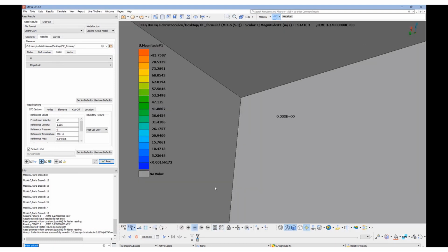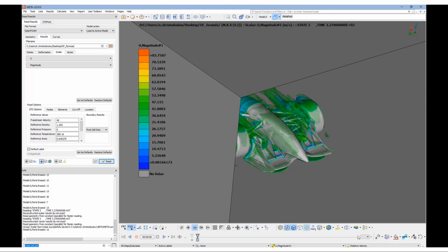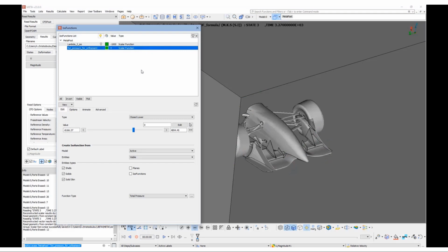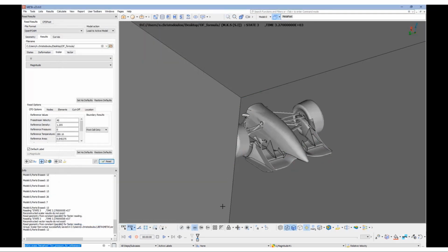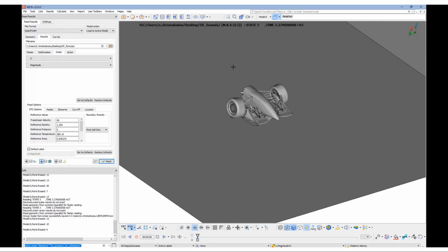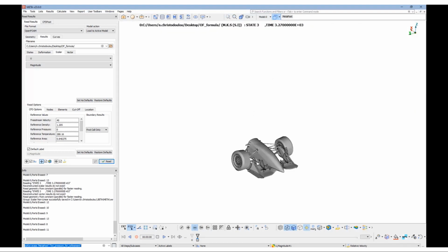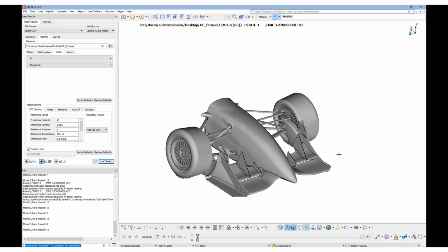By pressing all, have in mind that not only the PIDs become visible, but also any cut planes, streamlines, or ISO functions. So use that carefully, because on a big model it will cause a delay.